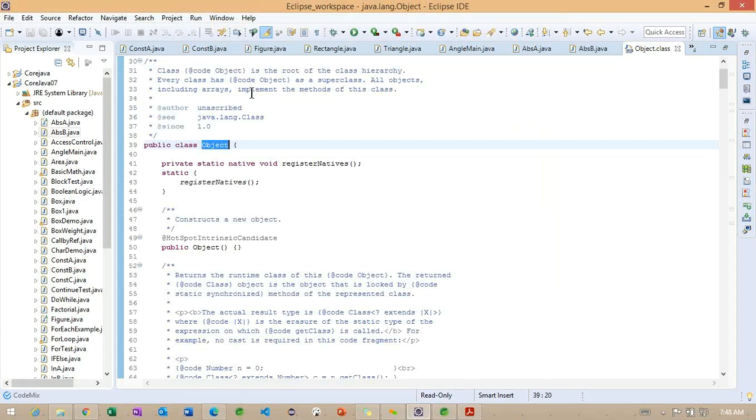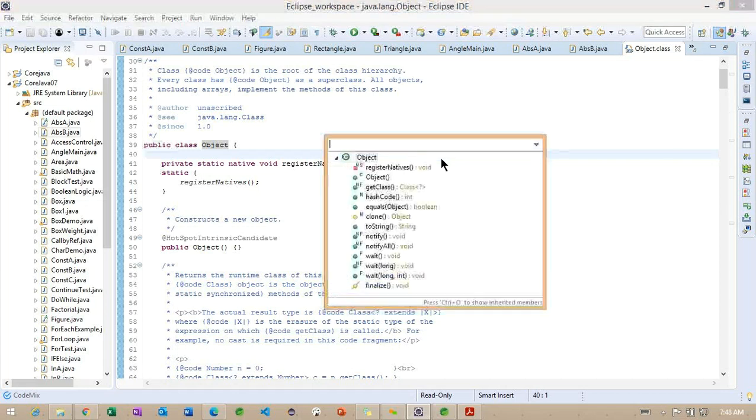Right. So let's see what methods are available in the Object class. Whatever methods we have in the Object class, we can access them in any other class. A simple way to see the methods: we have the shortcut Ctrl+O. If we want to find any method, we use Ctrl+O, and we can find the method-related information. Here we need to specify the name of the method.